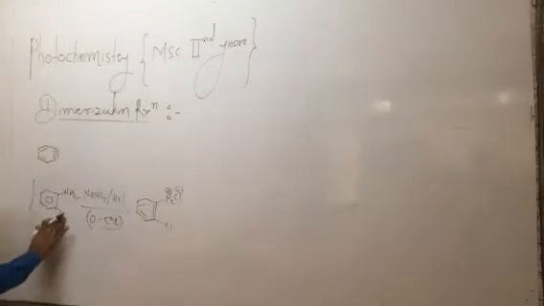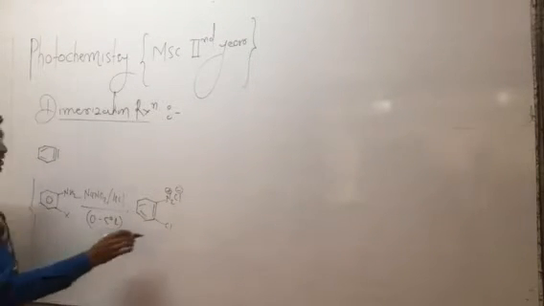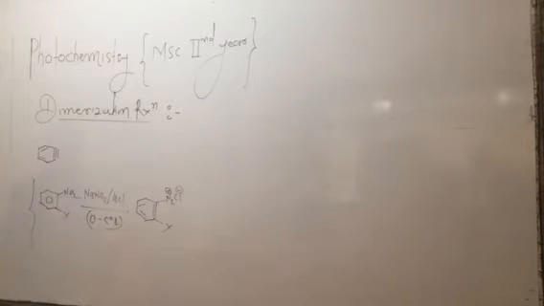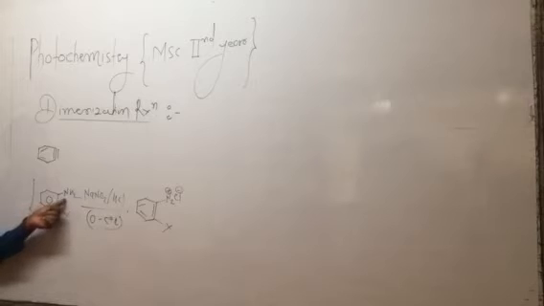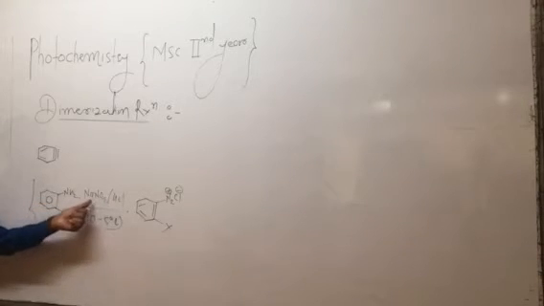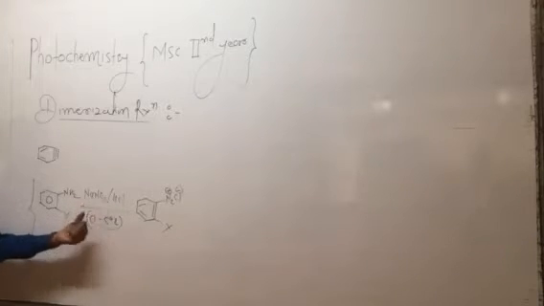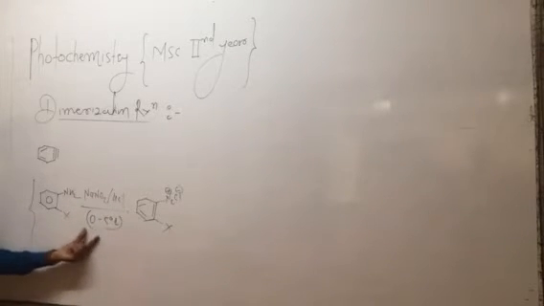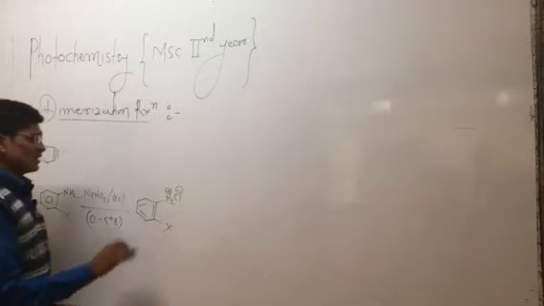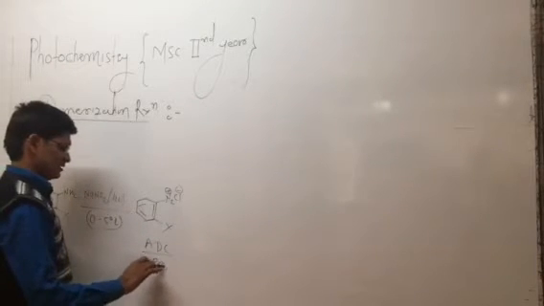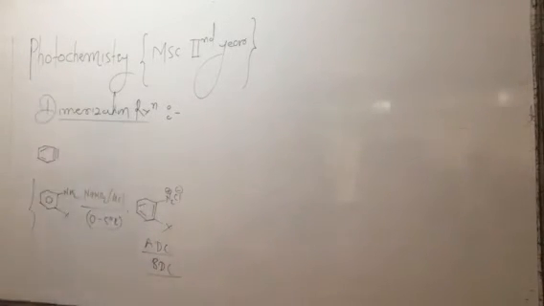Instead of Cl, not only chlorine but also bromine or iodine can be used, so this is represented as an X atom. First, 2-haloaniline is treated with NaNO2 and HCl, sodium nitrite and hydrochloric acid. The mixture is called the diazotized mixture. This diazotized mixture, under cold conditions at 0 to 5 degrees Celsius, gets converted into aryl diazonium chloride or benzene diazonium chloride.